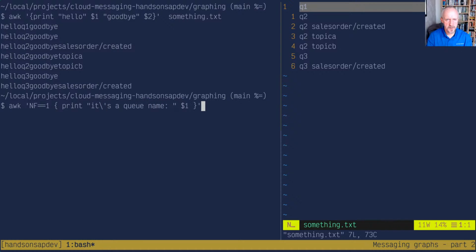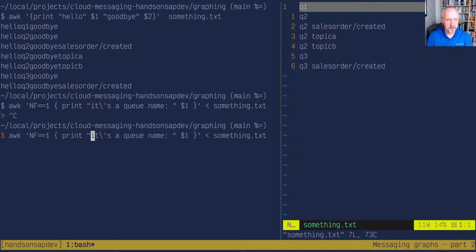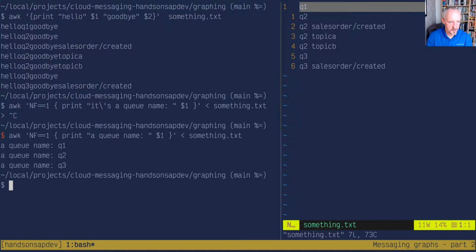Is that how you escape it? Oh, I messed up there. I'll just get rid of that. Let's not even deal with the quoting. A queue name: Q1, Q2, Q3. Okay. But if the number of fields is 2, for the lines where there's 2 fields, not 1 field,